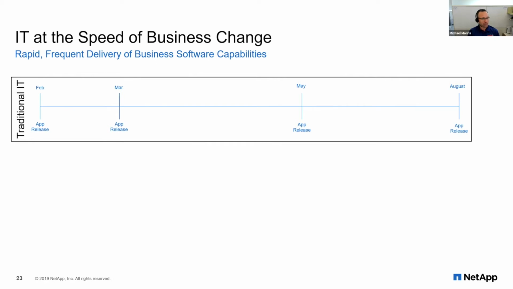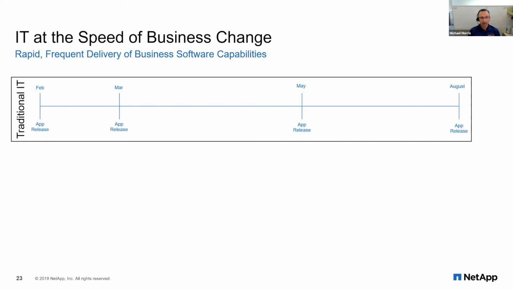which is we have a release in February, then 30 days later we do another release, and then something happens in the spring and we can't do another one till May. That's 2 months, and then summer vacations, or end of quarter, and we have to wait again till August. That's a really slow way of delivering new capabilities to end users, whether those are internal employees or